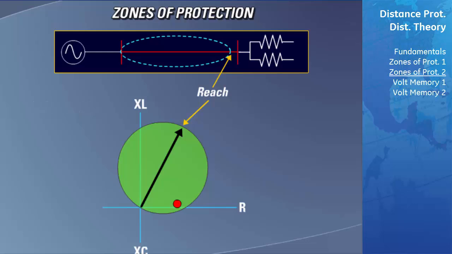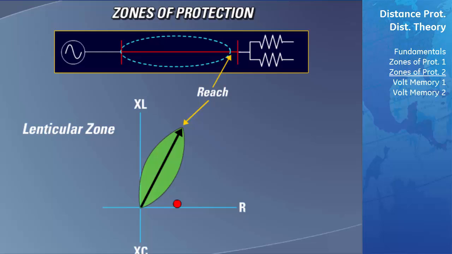The Mho zone can be altered to form a lenticular shape, which only allows tripping when the impedance falls very close to the angle of the transmission line impedance. Therefore, highly loaded systems, which cause the impedance point to approach very near the origin, will not result in tripping the transmission line. As a side note, the D60 relay also gives the protection engineer the ability to configure the